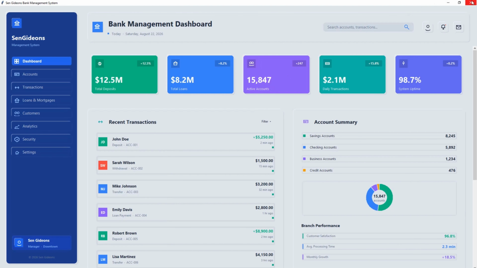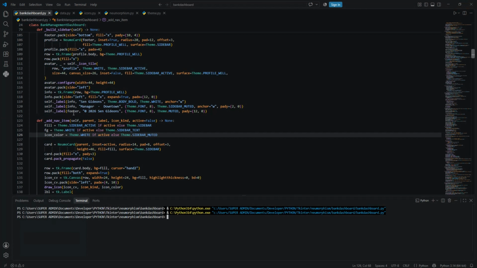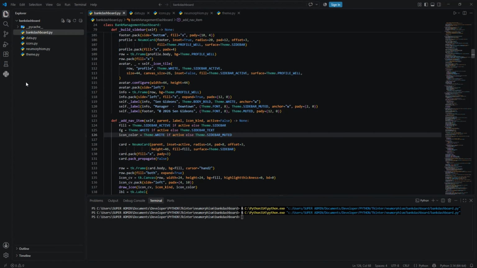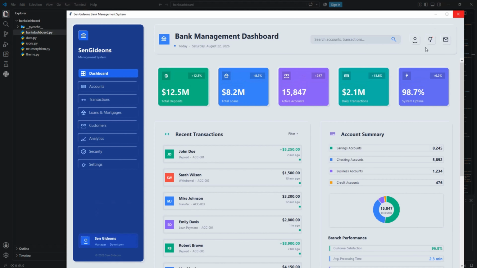So if I close this and I show you my source code, this is my project folder. You can see these are all files. You cannot see any image or anything in the source code. So everything here is built with Python, no image, nothing added into it. So this is a modern